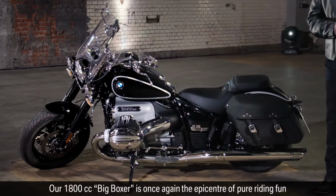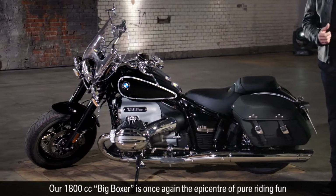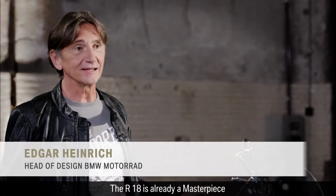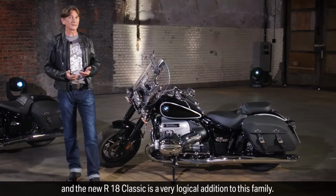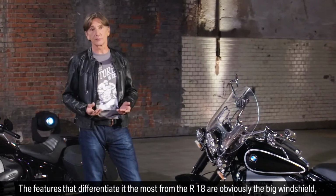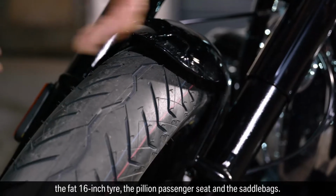Our 1800cc big boxer is once again the epicenter of pure riding fun and continues the long tradition of our air-cooled boxer engines. The R18 is already a masterpiece, and the new R18 Classic is a very logical addition to this family. The features that differentiate it the most from the R18 are obviously the big windshield, the fat 16-inch